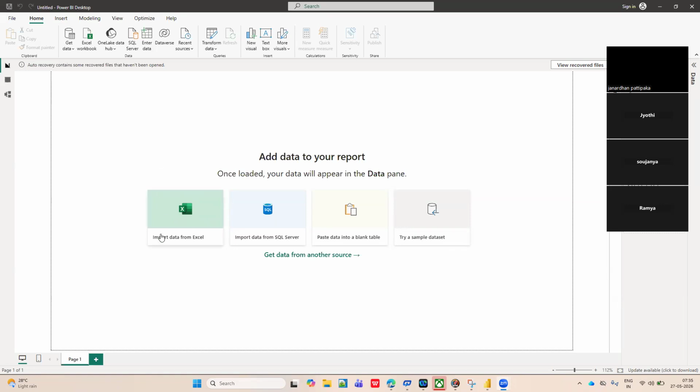What is meant by import? That means loading the data into your Power BI Desktop. We call it import. From here, you can connect to the Excel sheet. The second option is import data from SQL Server. If the organization is large and they store the data in databases like SQL, you can connect to the data which is stored in the SQL